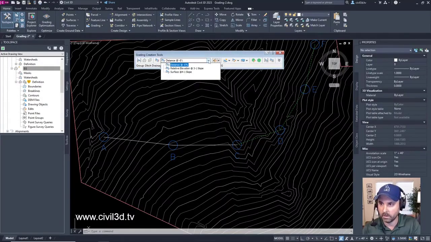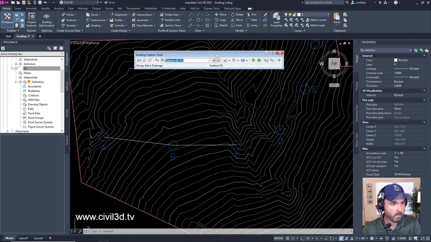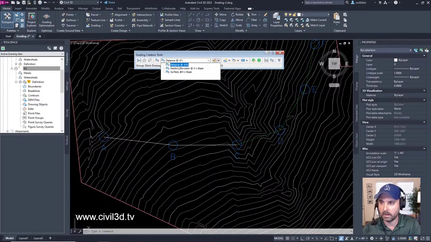And you can see within this drop down we have all three of the grading criteria that we created for our ditch. If you haven't seen the previous stream, I think I did it last week. So we're going to ensure that, yeah, this is the one, distance at -6% is selected.